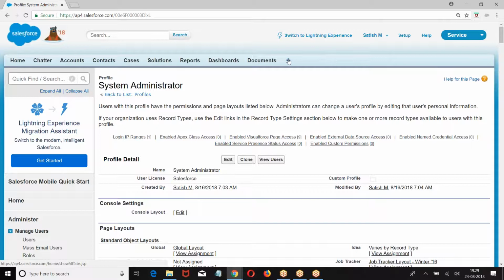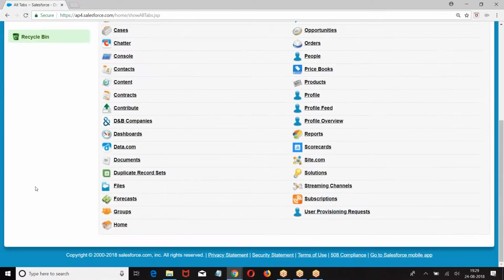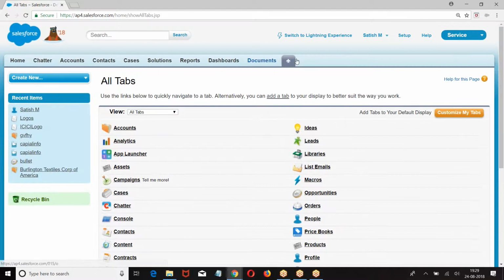There are so many tabs. When I click on the plus sign, all these are tabs. Out of these, only these tabs are visible on the panel, because with respect to this application, this tab is important for me. That is the reason I chose default on. Default on means you can see the tab and the tab is on the tab panel. I hope you are good with this.